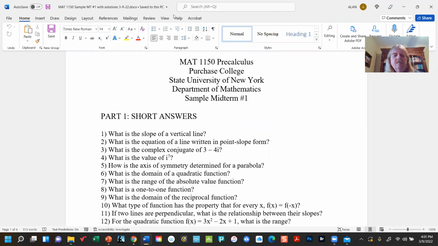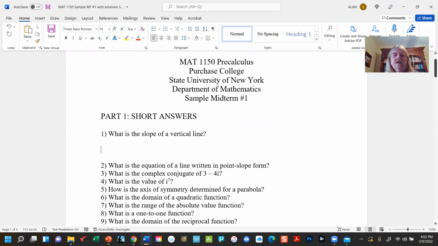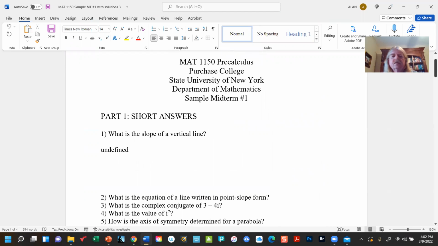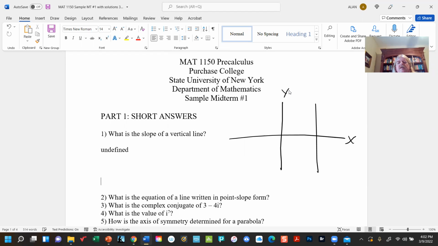All right. The slope of a vertical line is undefined. All right, why is that? Because if you look at it, that would be something like this, x equals 3. And it just means that no matter what points I pick, let's say 3, 3, and 3, 1, the slope